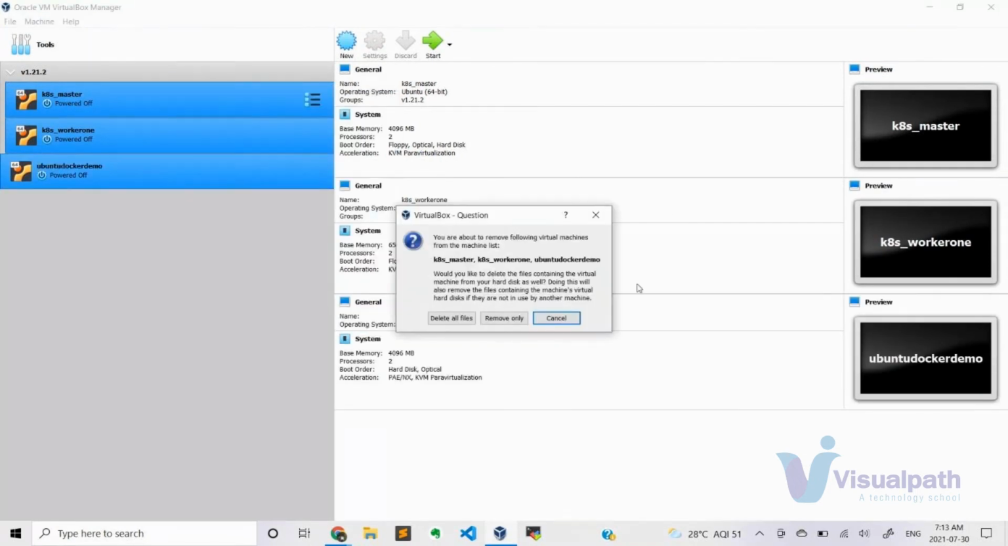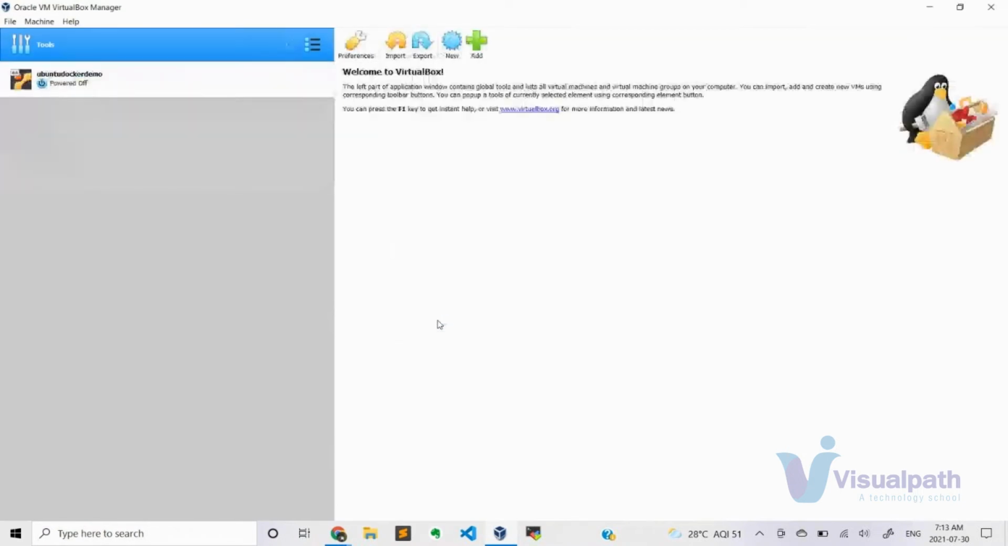Let me remove entire things. I will try to remove because anyway I can create a name. See this one, this is how it looks. Okay, when you install, first what I need to do is create a virtual machine with